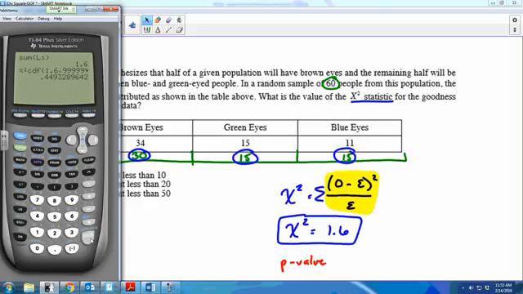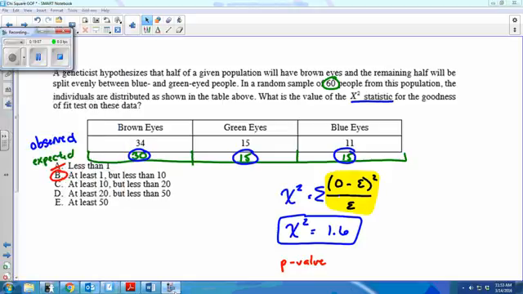Then you get 0.449. So then your conclusion would be the same as it always is. Is that high or low? That is high. So we failed to reject the null hypothesis. It seems that the distribution of eye color in our sample matches the distribution that the geneticist hypothesized. Okay, so similar stuff, just different things happening. It's still following that same pattern, though. Questions about that? For now. Then we're going to